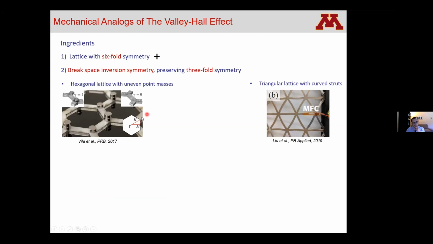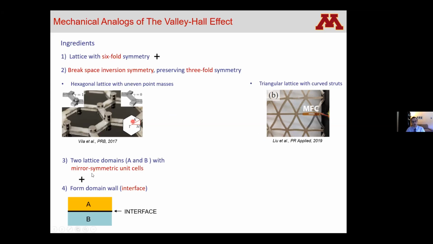the other ingredients are that I need to now take two lattice domains, let's call them A and B. And these lattice domains feature unit cells that are one the mirror symmetric of the other. Okay? And then I have to make these two subdomains come together to form a domain wall or an interface. And the interface can be a straight line, or it can even be an arbitrarily complex line, provided that we